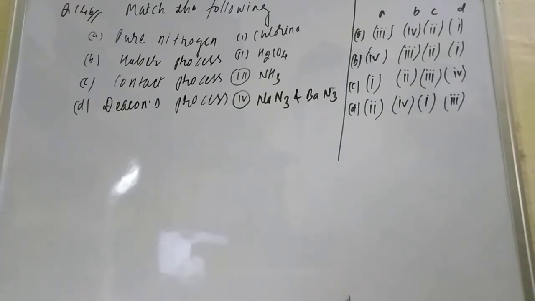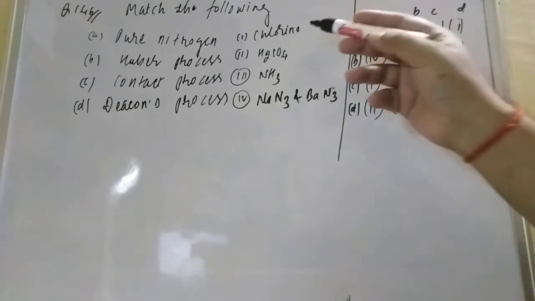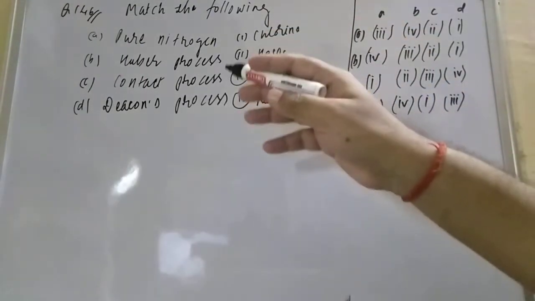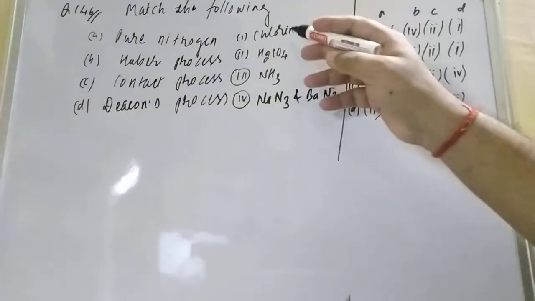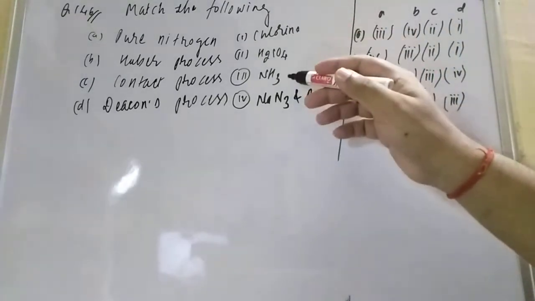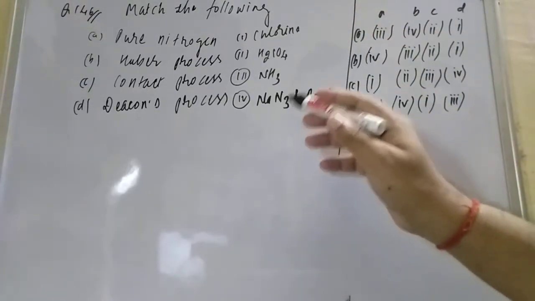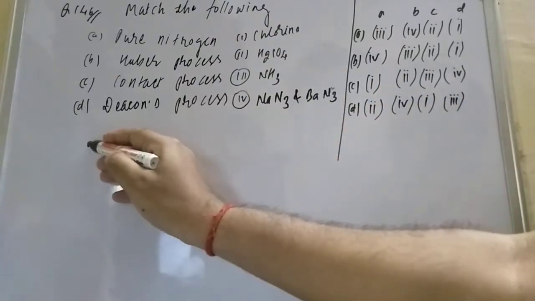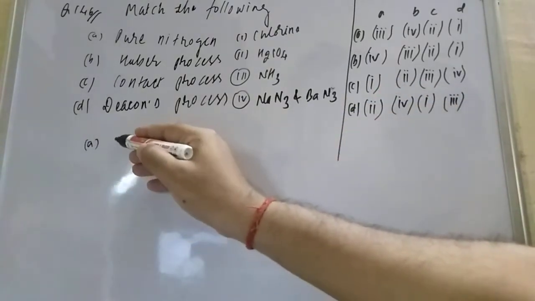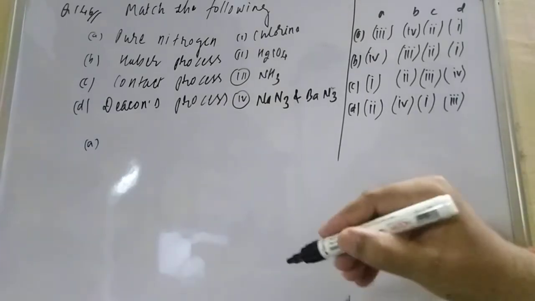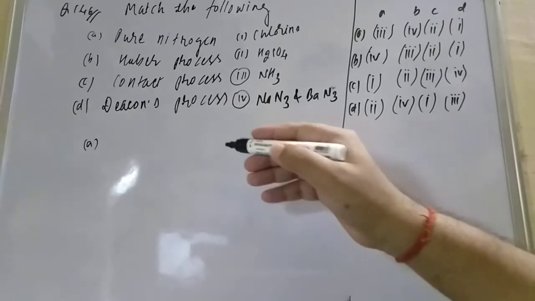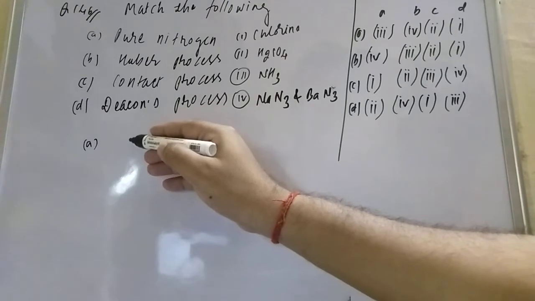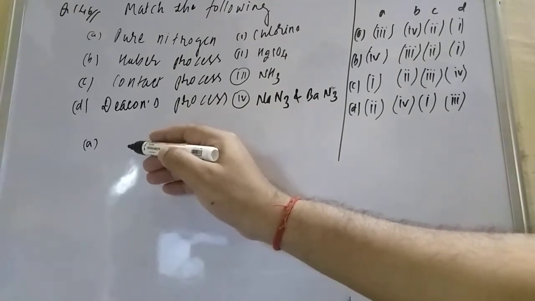Okay, so pure nitrogen, how to prepare the pure nitrogen, student? And in front of the pure nitrogen, chlorine is there. Which one will match with the pure nitrogen? So chlorine not possible, sulfuric acid not possible, ammonia is not possible. That is sodium and barium azide. So if you go A number, student, we already studied that pure nitrogen, dinitrogen is prepared by heating the sodium and barium azide.